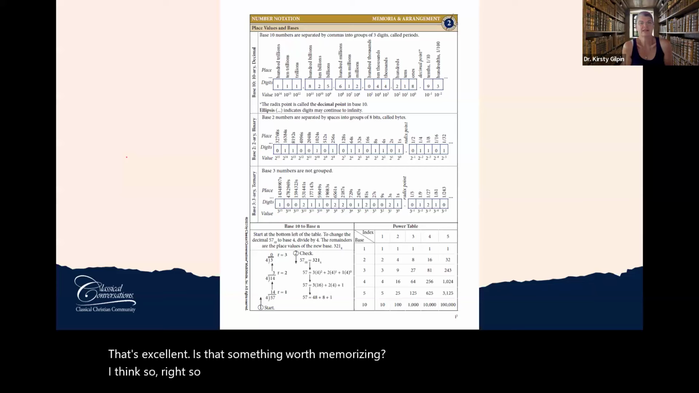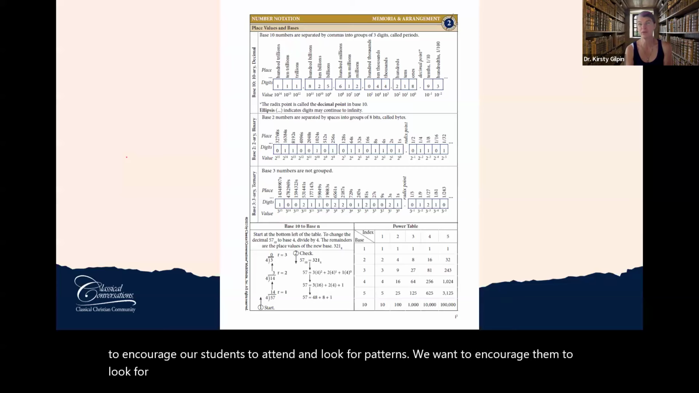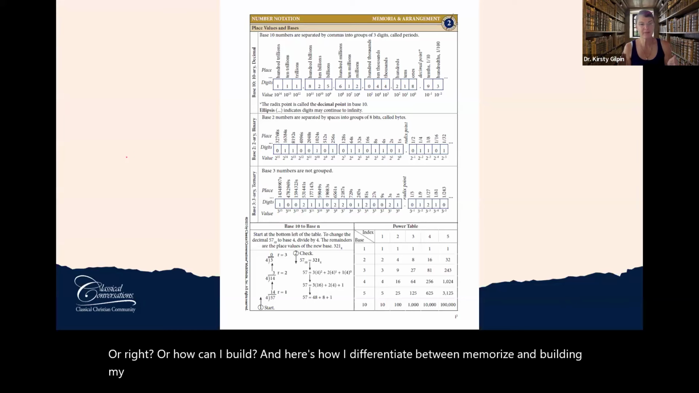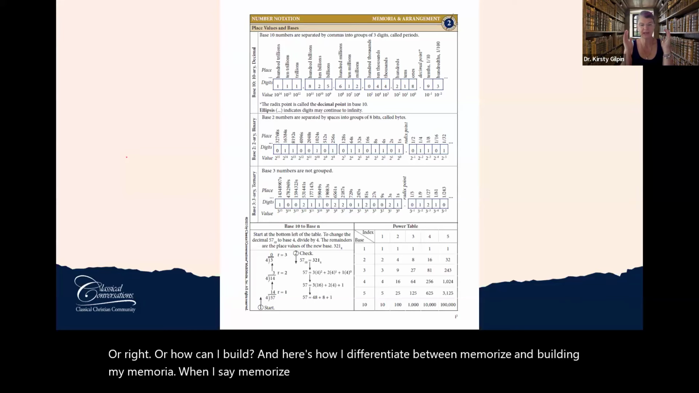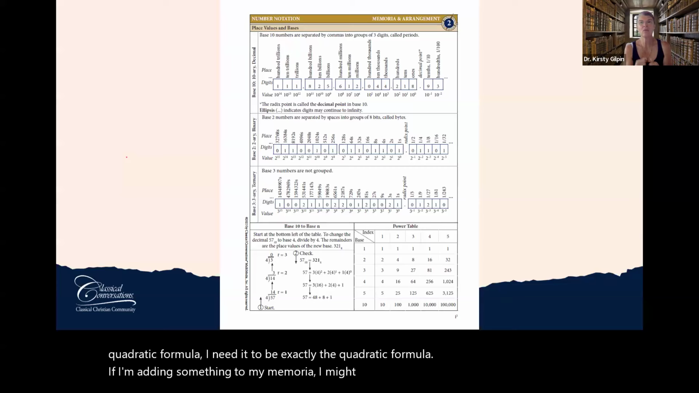So those are the kinds of things that we want to do on this page: we want to encourage our students to attend and look for patterns. We want to encourage them to look for things that maybe are worth memorizing, or how can I build? And here's how I differentiate between memorize and building my memoria. When I say memorize, I want something to be exact. If I'm memorizing the quadratic formula, I need it to be exactly the quadratic formula. If I'm adding something to my memoria, I might say, well, that radix point, my numbers are getting more negative